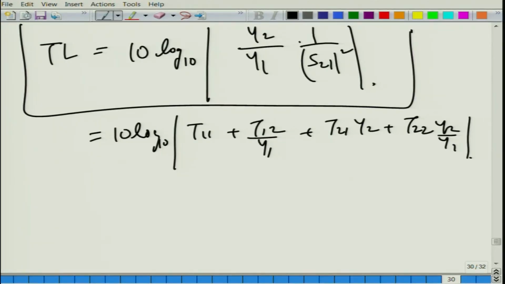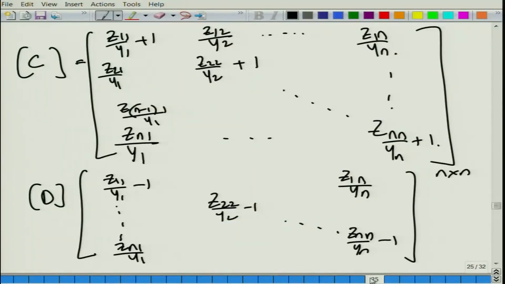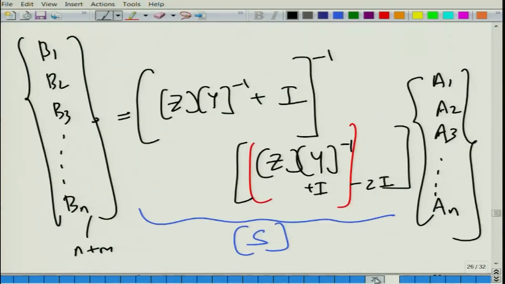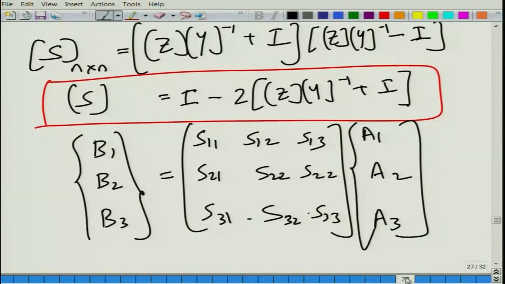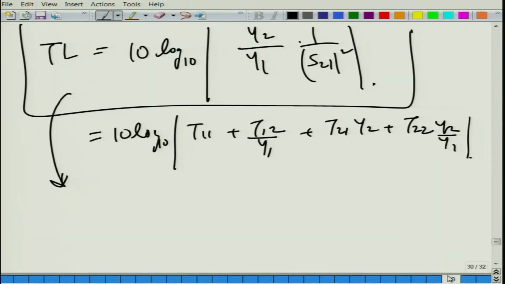This is the counterpart, and when you represent S21, I leave this as an exercise, you must do that, and we will discuss all the implications of this. When you figure out that this is a scattering matrix for a 2-port system, it looks like this, and then once you find out what S21 is in terms of the impedance matrix parameters, you will realize that the transmission loss can be very nicely expressed in the following form,